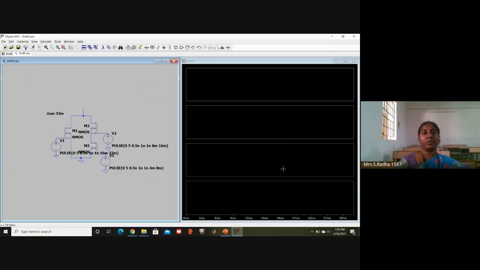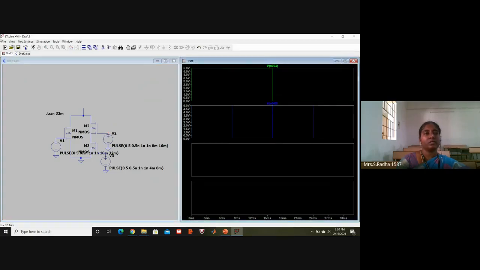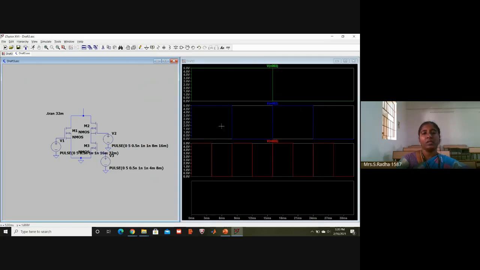Okay, click in the first one, go to run button, click on A. This is A. Click on the second one, run button. This is B. Okay, click on the third one, run button. This is C. Okay, you see here 000.